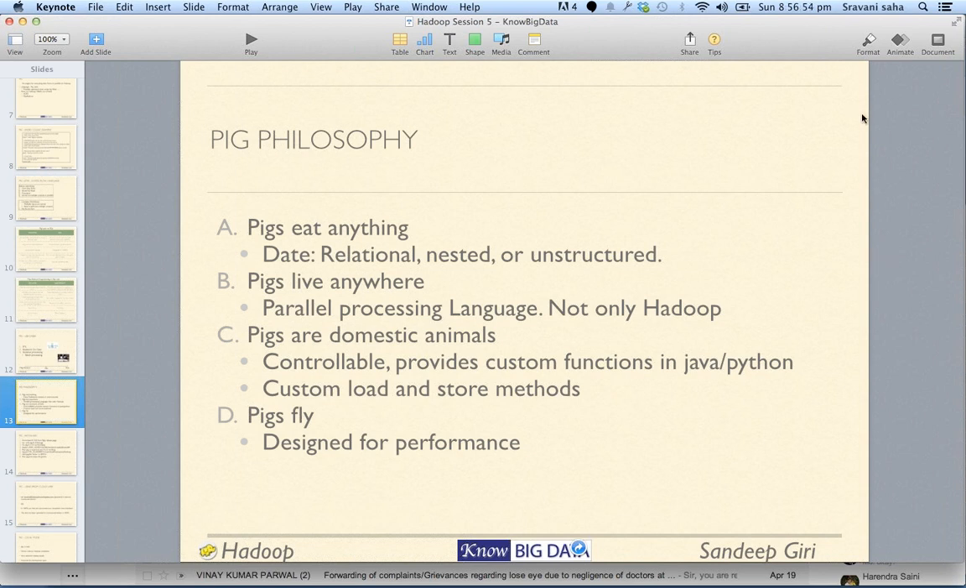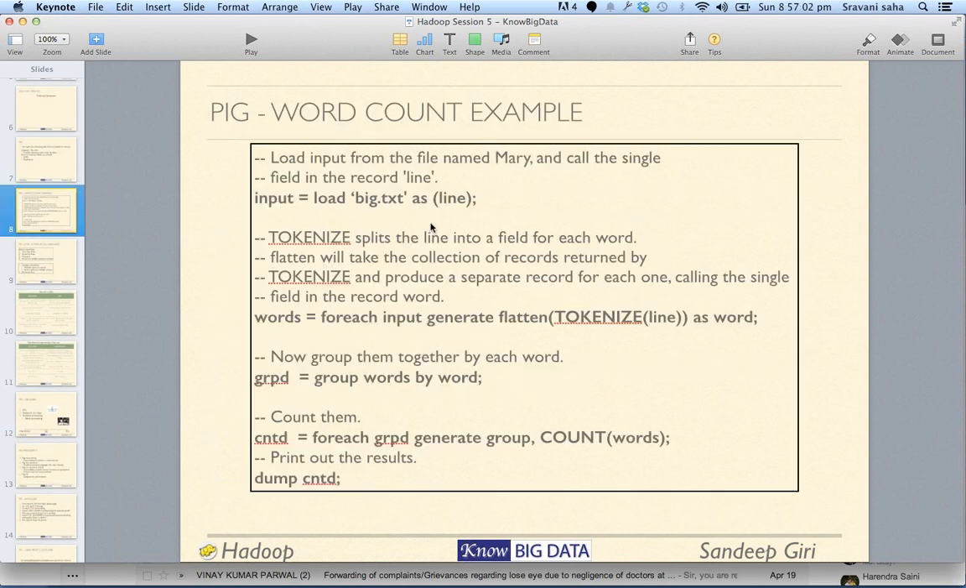Yeah, it is the script. Pigletin is the script. Okay. I think I should have. This is the only screen which will... So this is how it looks like. This is the pigletin. You say